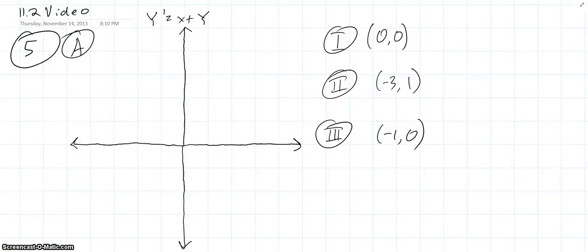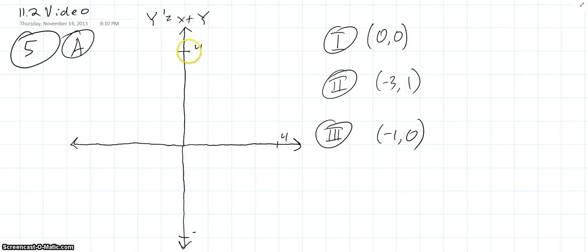Alright, so this is problem number 5 from 11.2, and it is looking at figure 11.20, which is the slope field for the equation y prime equals x plus y. I'm not going to actually draw in all of the little points there because it would take quite a while, but the idea is